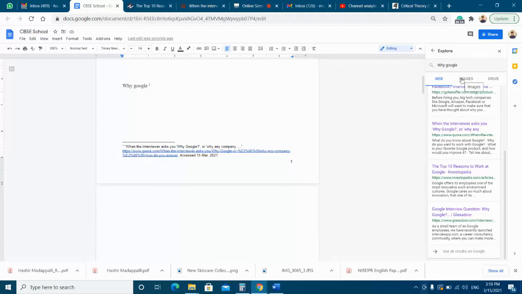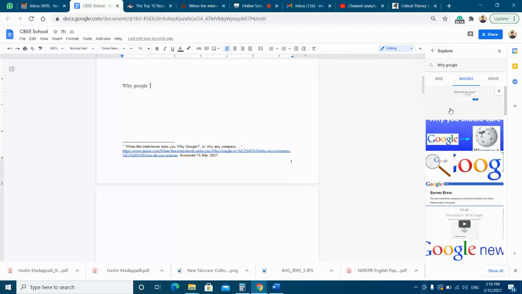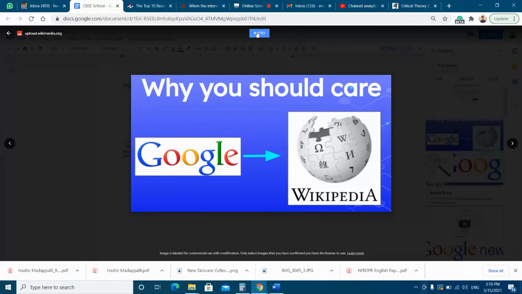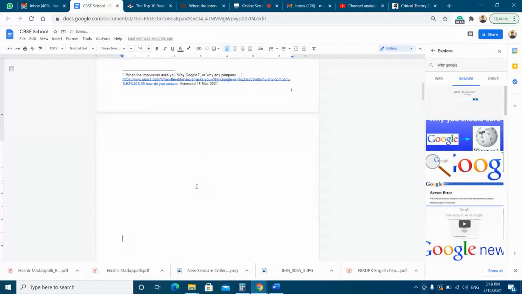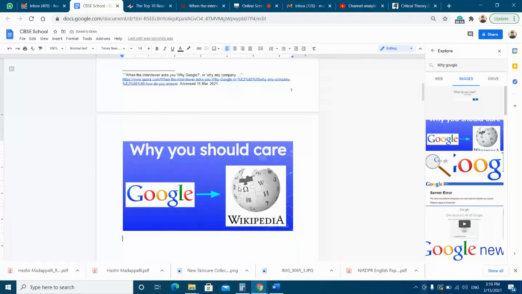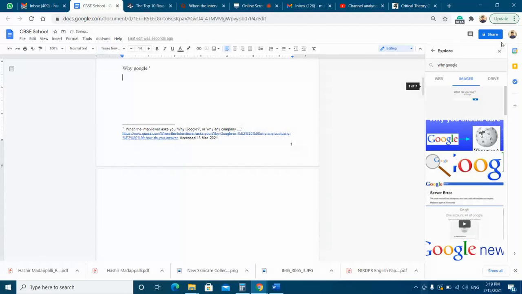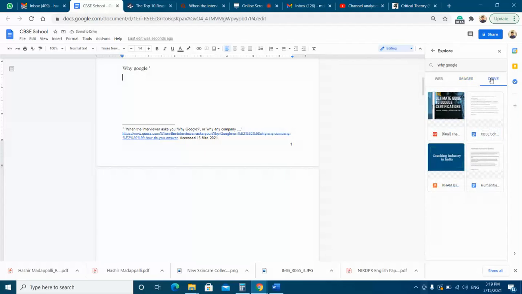Here in the image, if you want to add an image, click on image, click on insert. You can see here now the image is inserted. If you want to add files or images from your Google Drive, you can also select the file and add it